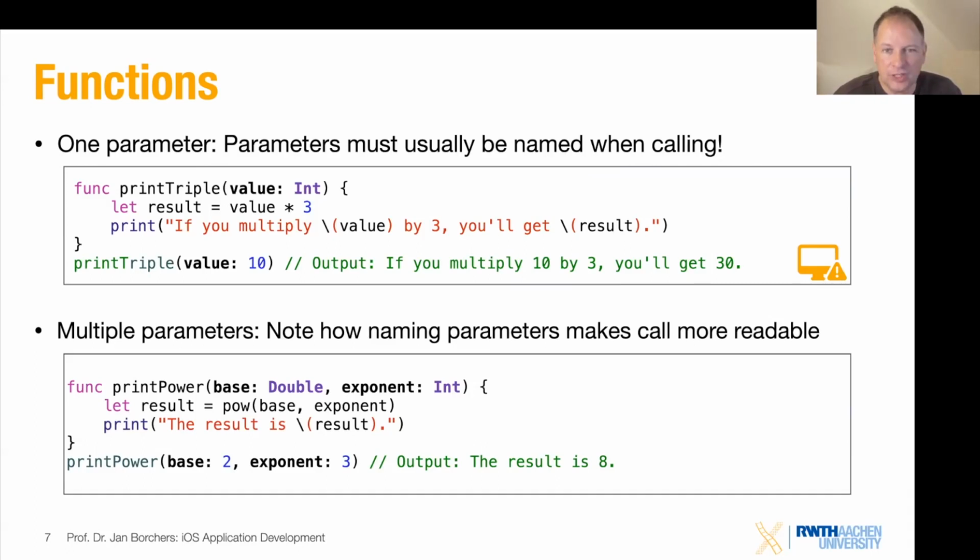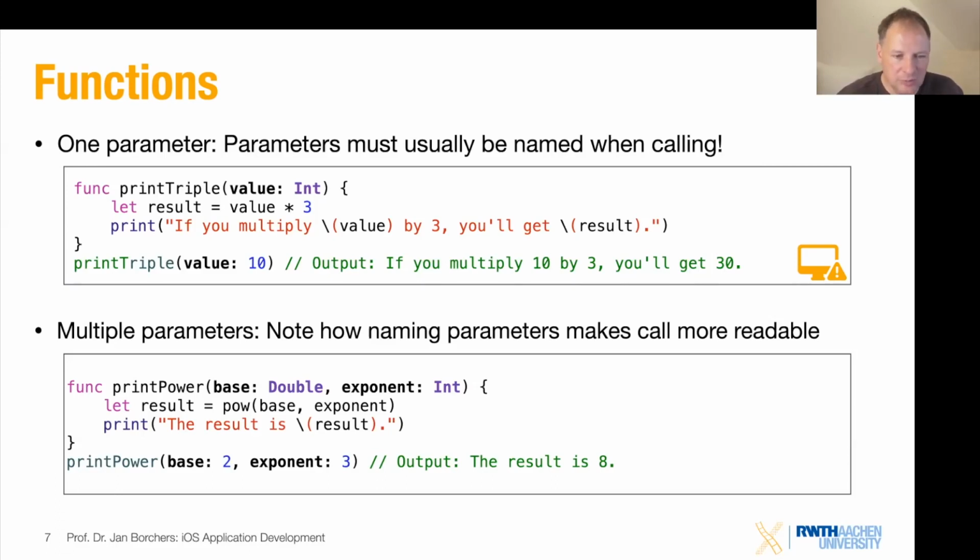And the other reason why this is handy is especially if you have more than one parameter. So if you look at the lower part of the screen here, that slide, I've got a function there that's a power function that prints out its result. So it's not returning anything yet, but it takes two arguments, a base and an exponent, okay? Let's say the base is a double and the exponent is an integer, and what you return is basically nothing, because you just compute the result and then you print it out.